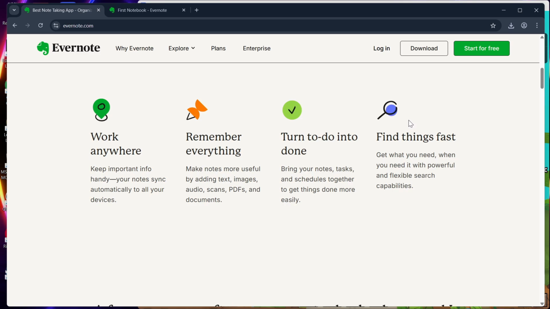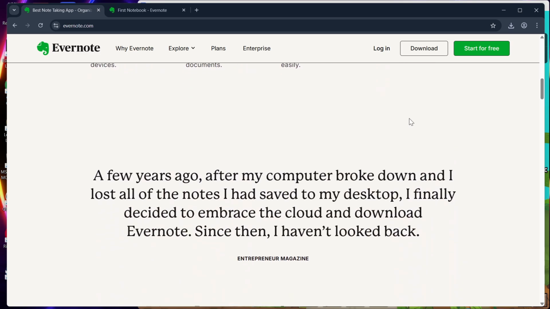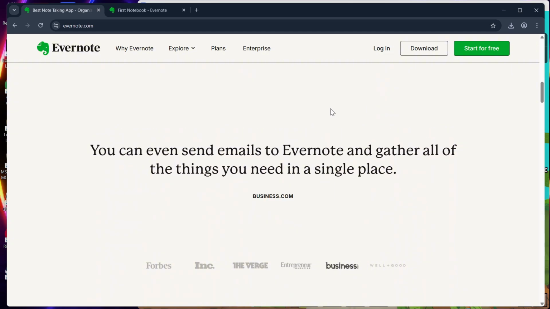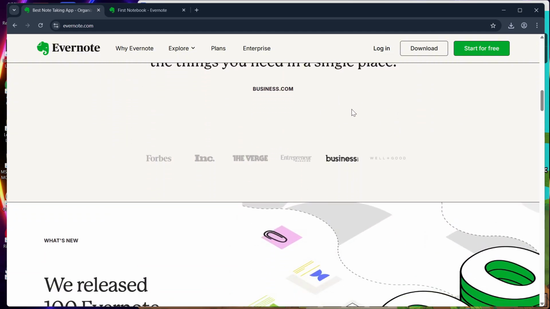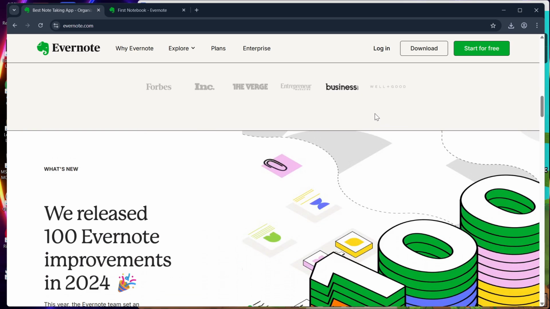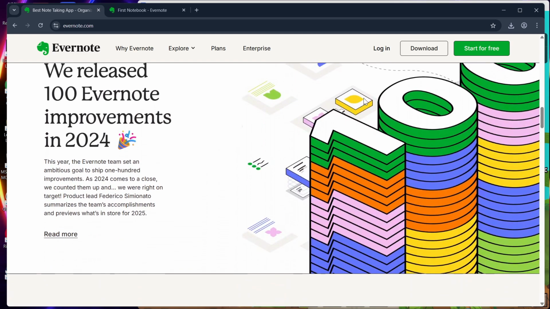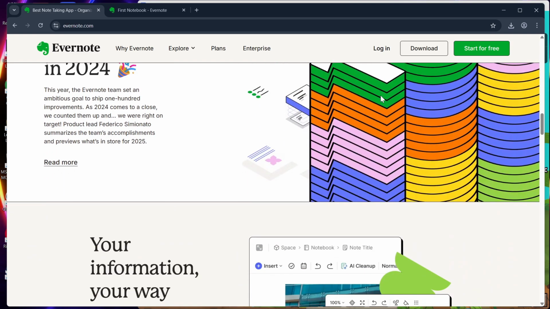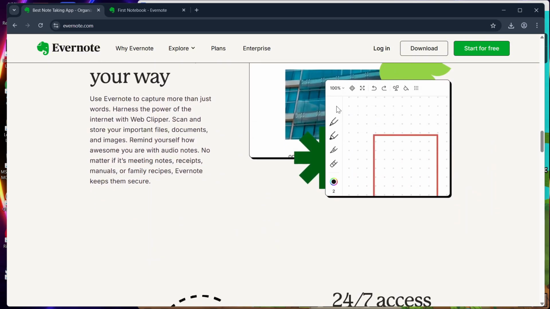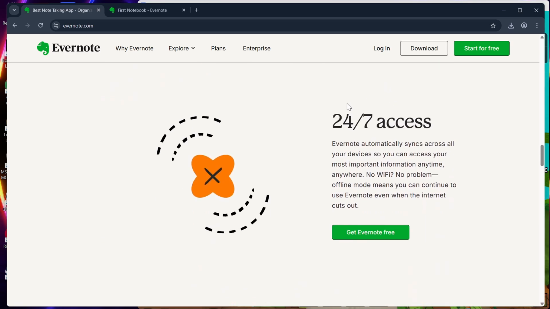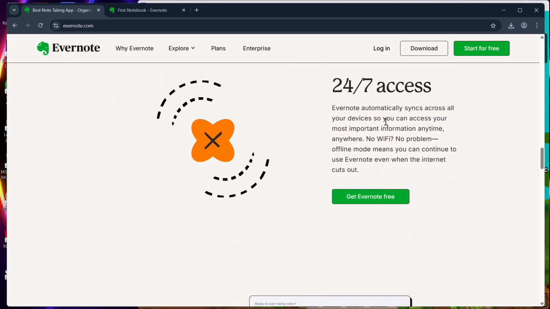One big update this year is the new AI Smart Note suggestions, which helps organize thoughts based on your writing. So you will also notice that it has a redesigned dashboard for easier notebook access, improved tag management, and nested folders, voice-to-text transcription with real-time formatting, integration with Google Calendar and Notion, enhanced offline mode and syncing speed for